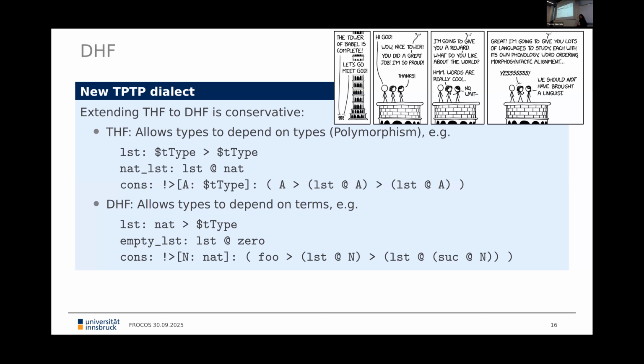And given that this infrastructure was already there, it's sensible to just take that and adjust it so that systems can easily extend the path that we work with. So we took this and just changed that we now also depend on other concrete terms, not only on type variables. So in DHF, the dependent typed higher order form, we now have that, for example, a list might also take a natural number. The empty list also uses the application operator, and instead of using a type as argument, we have terms of a certain type as argument. And the binder, instead of just taking type variables, now takes term variables.